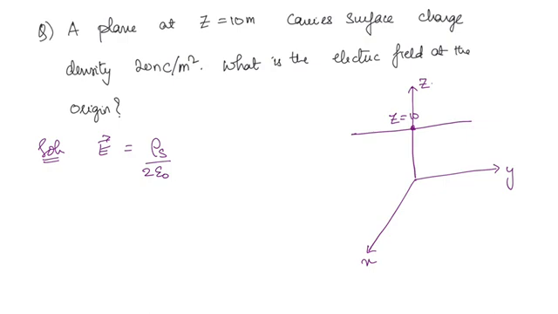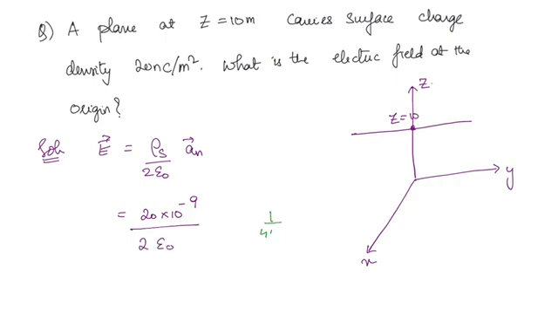And what is the normal vector? Usually we write as a n bar, right? And here a n bar is minus a z bar. Okay, so we can substitute each of them. Rho s is given, rho s is a surface charge density, so that is given as 20 nanocoulomb per meter square. So 20 into 10 to the power minus 9, right, divided by 2 epsilon naught.